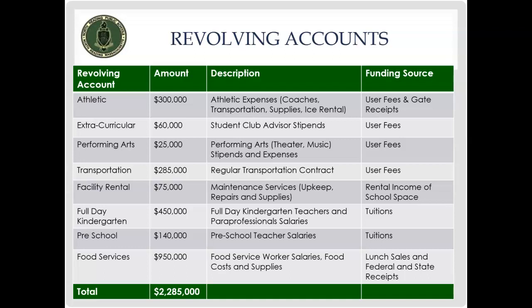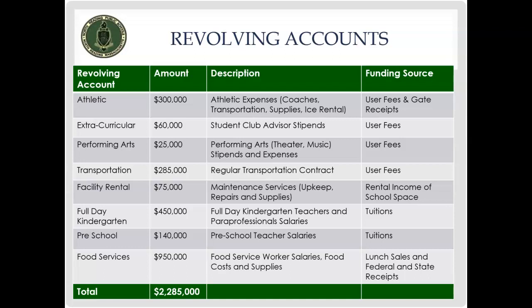Facility rental, when outside companies come in or programs come in and use our space, we do charge a rental fee, and that rental fee directly supports and offsets our buildings and grounds budget, and it supports the maintenance services for the upkeep of repairs and supplies for those areas that are being rented, mainly gyms, libraries, some classrooms, performing arts center, etc.